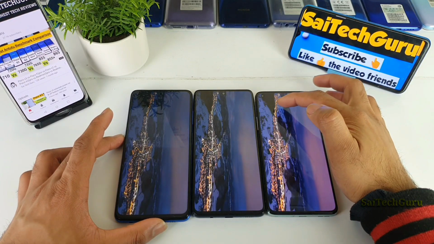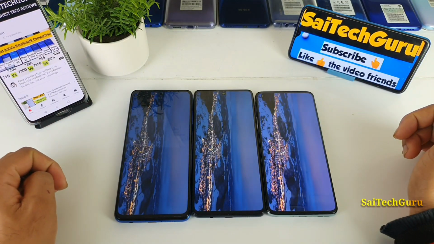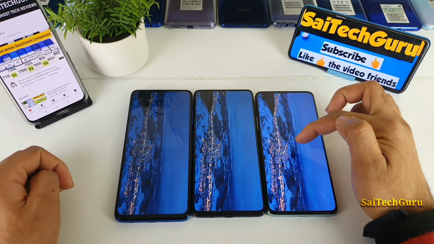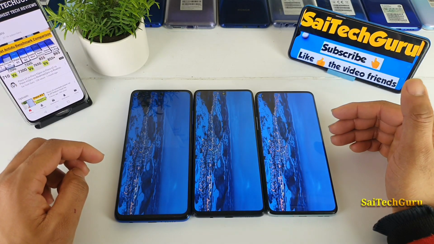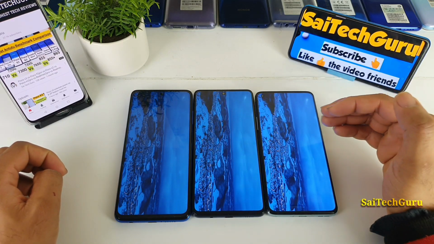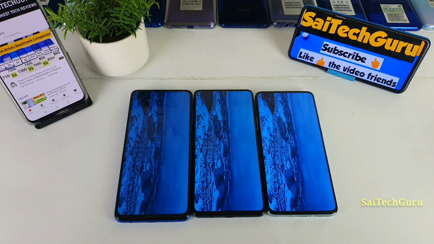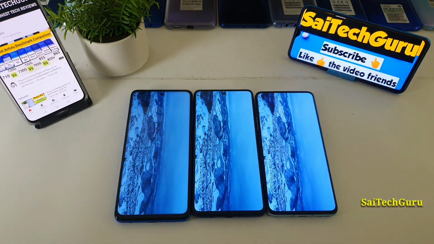Right now I'm playing the same video on all three smartphones with full brightness turned on. You can see the difference between the other two smartphones when you compare them to the OnePlus 8T. As you can see the brightness level, how saturated and how much brighter it is on the OnePlus 8T side. Let me decrease the studio lighting a little bit so you might be able to notice the difference.